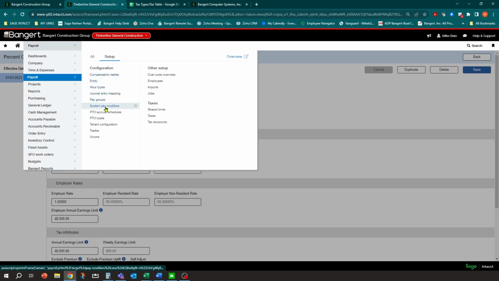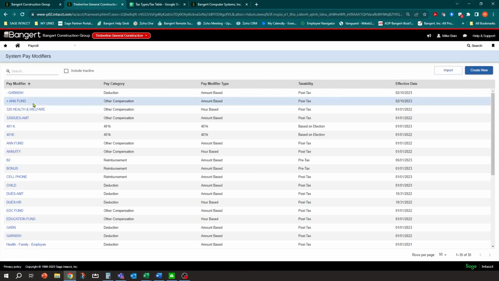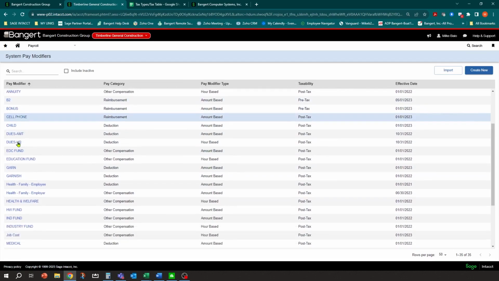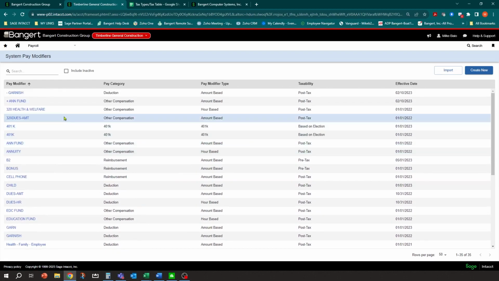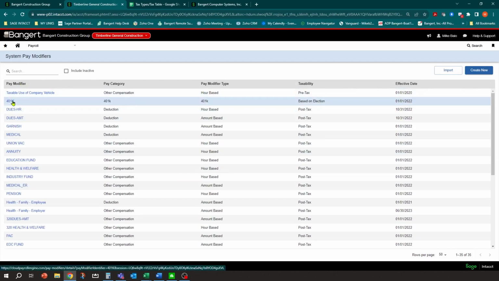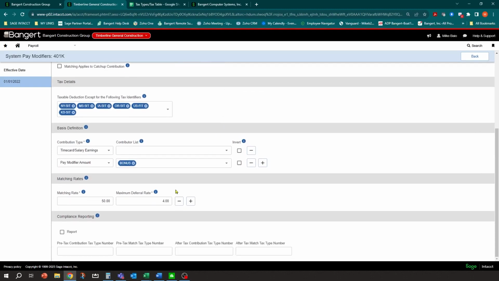Another area is going to be over in your pay modifiers. So you have these system pay modifiers. And I know a lot of times we try and get these filled out when we're first setting the system up. But in some cases, you just might not know, or we want to get payroll going. We'll come back into it later. So, for example, one common area is going to be 401k. So if I come into the 401k pay modifier, and how does that need to report on the W-2? If I scroll down here, you'll notice you have reporting right here. And it gives me a great explanation of what you should be doing here.